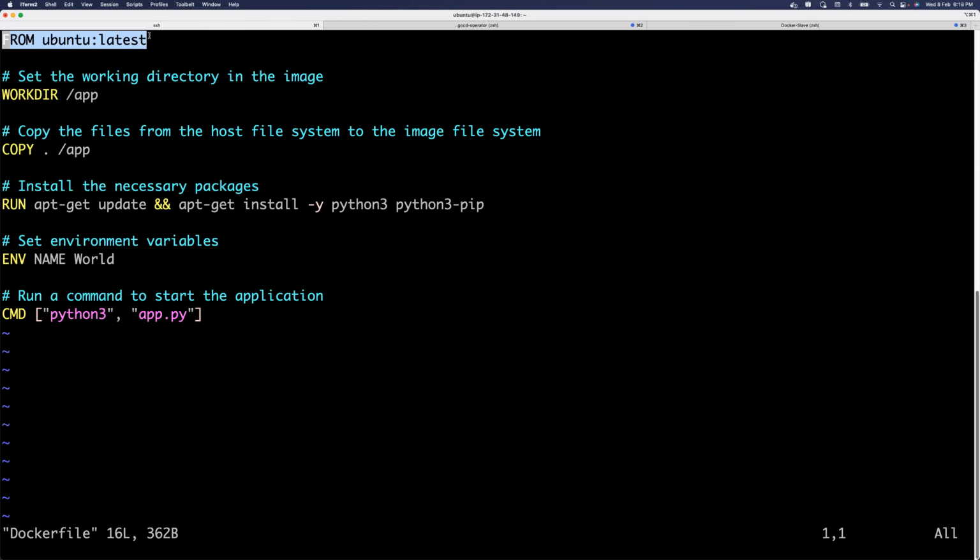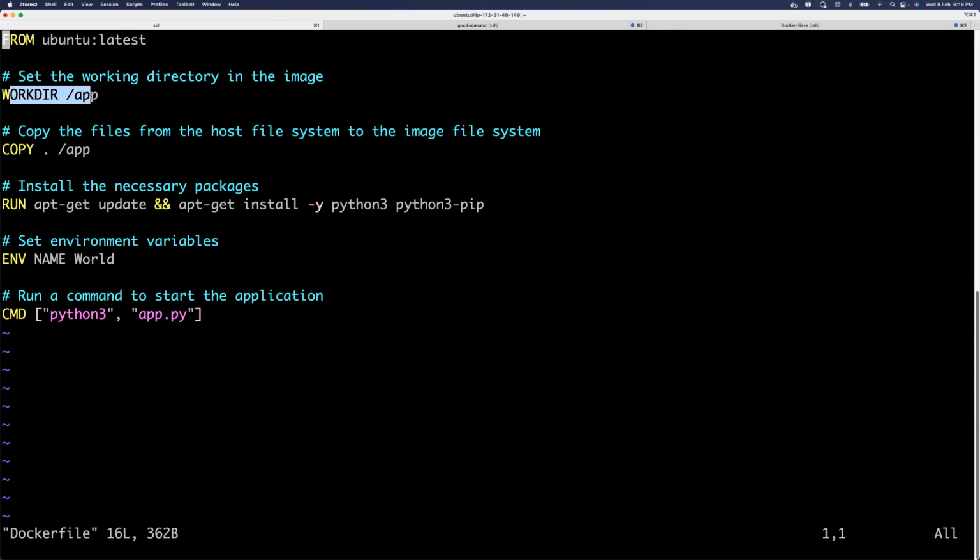Your Docker container will have a base image. It doesn't mean that your Docker container will run without host operating system. So that's why I'm getting Ubuntu latest from Docker Hub. Why am I getting it from Docker Hub? Because I can get it from a public registry. Okay, so I'm getting this information from a public registry. And what I have done is Ubuntu latest. That is, I'm using an Ubuntu image. You can use any image that you want. You can use Debian, you can use Alpine.